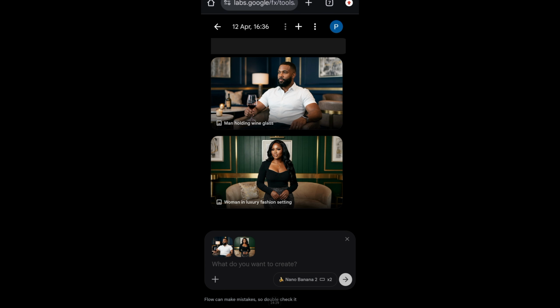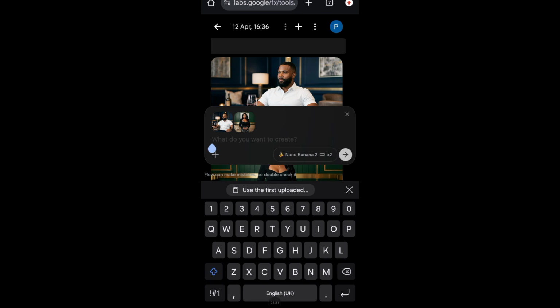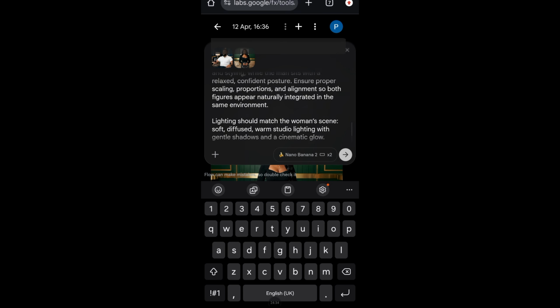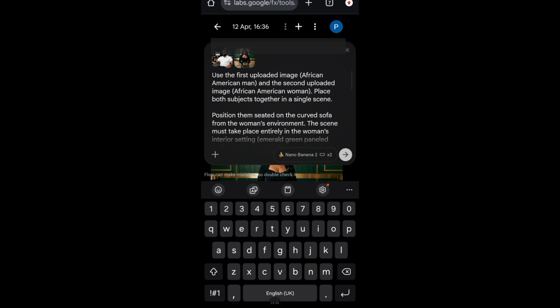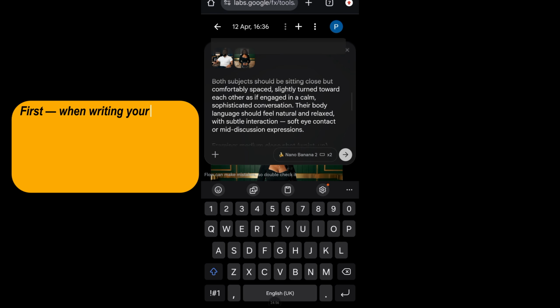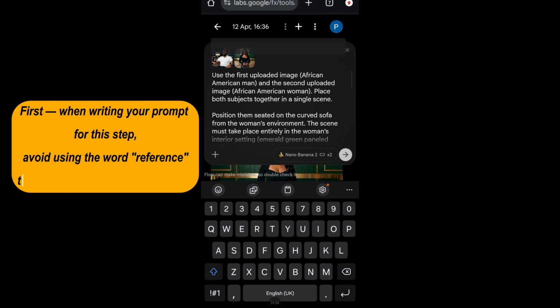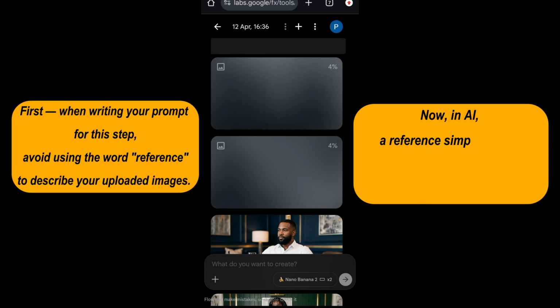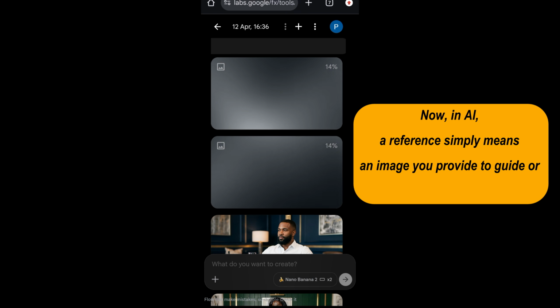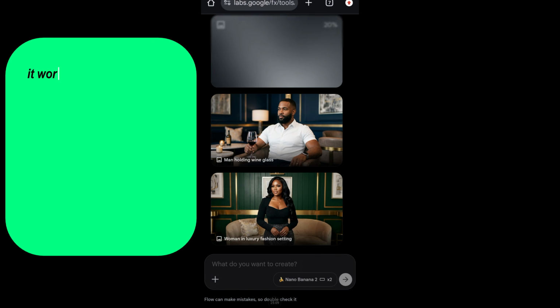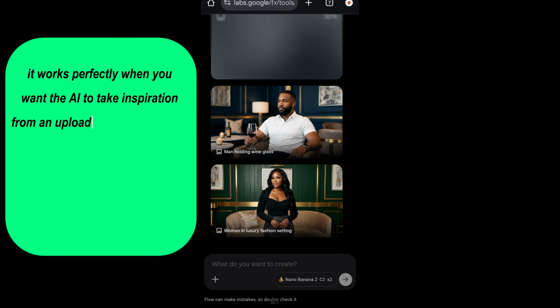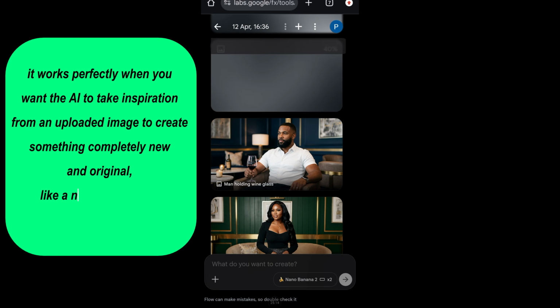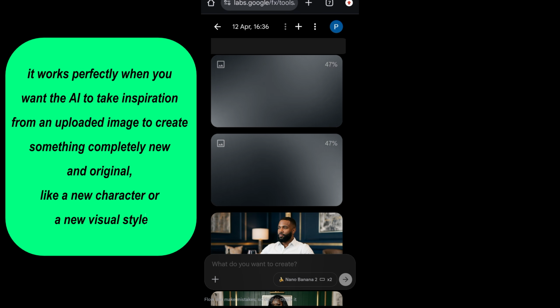Now, there are 2 very important things to keep in mind when writing your prompt for this step, and I want you to pay close attention here, because these 2 points will save you a lot of frustration. First, when writing your prompt for this step, avoid using the word reference to describe your uploaded images. Now, in AI, a reference simply means an image you provide to guide or inspire the model. And that works perfectly when you want the AI to take inspiration from an uploaded image to create something completely new and original. However,